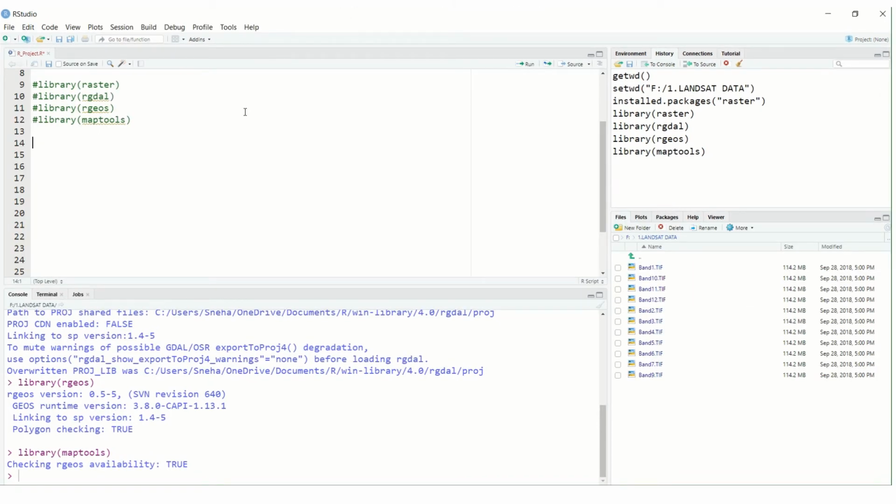Okay, so after setting the working directory, installing the package and loading the package, now we will start with reading the raster data. If you use the hash symbol, it is nothing but an explanation of that particular code.